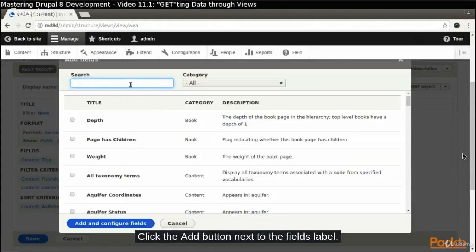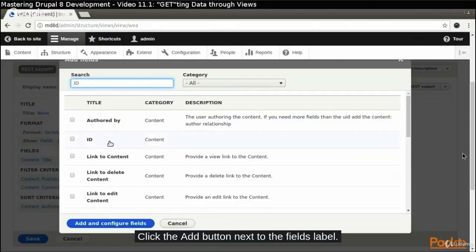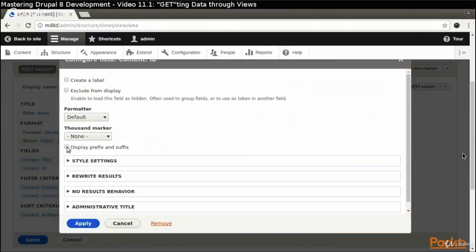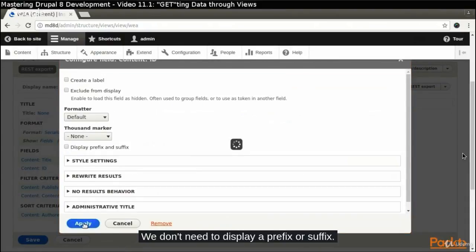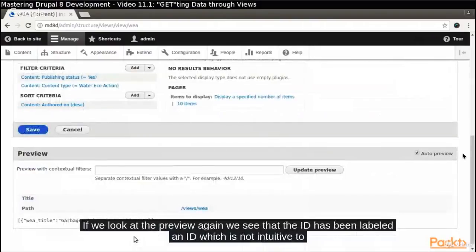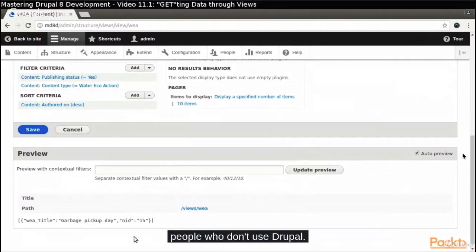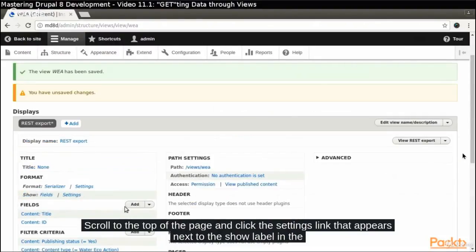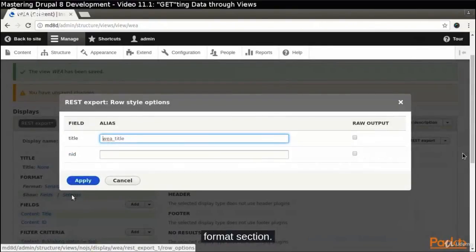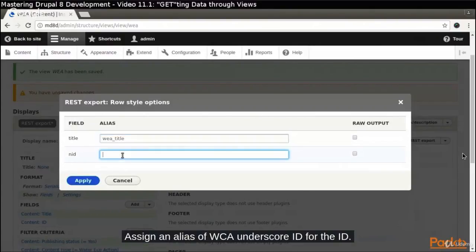Click the Add button next to the Fields label. Search for ID and select the content ID. We don't need to display a prefix or suffix. If we look at the preview again, we see that the ID has been labeled NID, which is not intuitive to people who don't use Drupal. Scroll to the top of the page and click the settings link that appears next to the show label in the format section. Assign an alias of